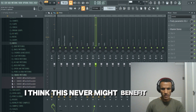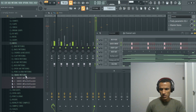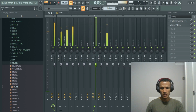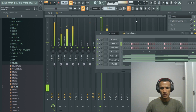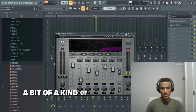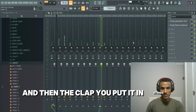The snare might benefit from Sound Goodizer. I think it would be cool to actually change the snare sound to something more like this. Cool, here we added a bit of an enhanced boost to the snare, right? And then the clap, we put it in stereo, so when you hear the snare